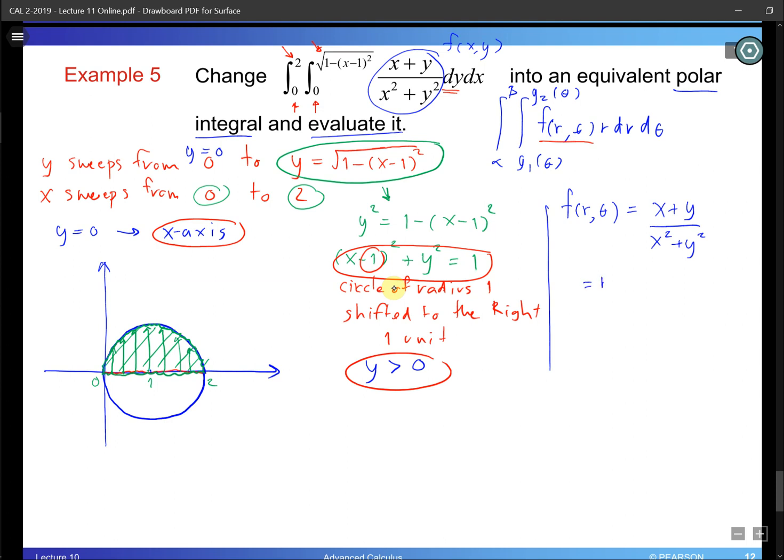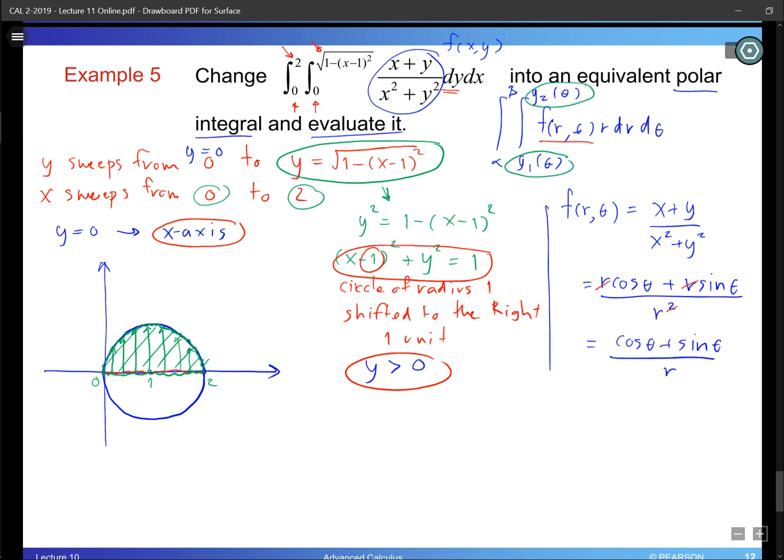X equal to r cosine theta, y equal to r sine theta, x squared plus y squared equal to r squared. So in the end, we have this r cancel with one r from the r squared. So we have (cosine theta plus sine theta) over r as the function. Now we need to look for the starting and the ending of the